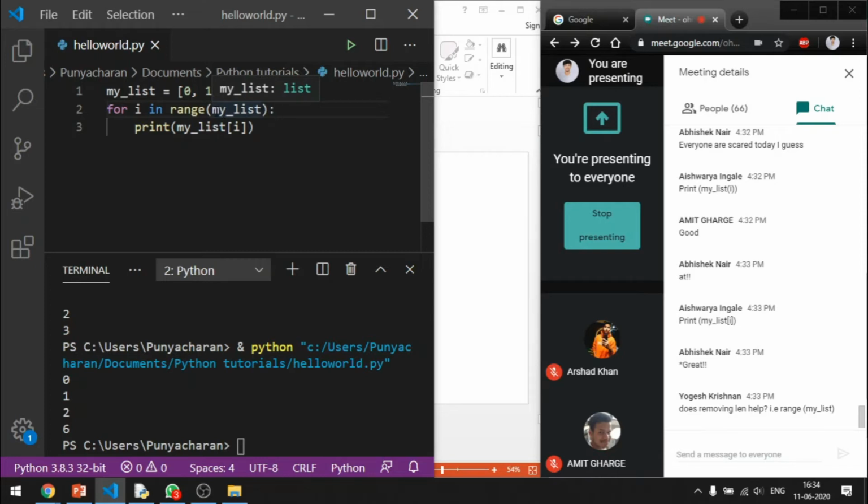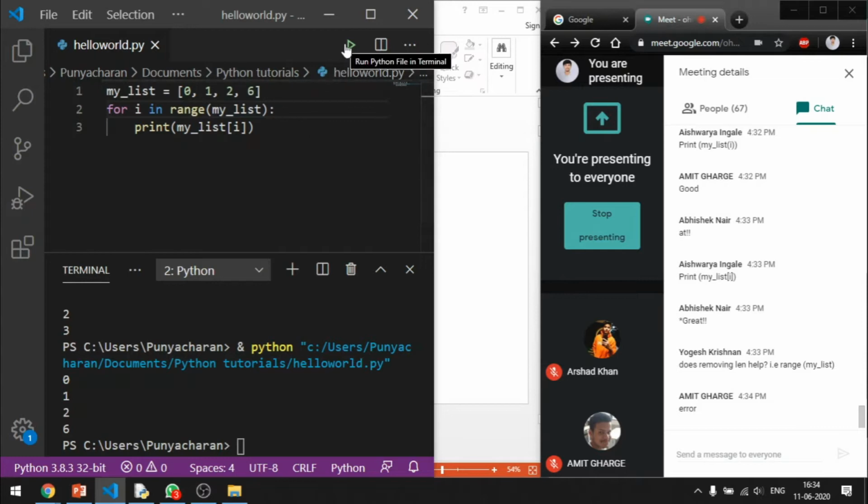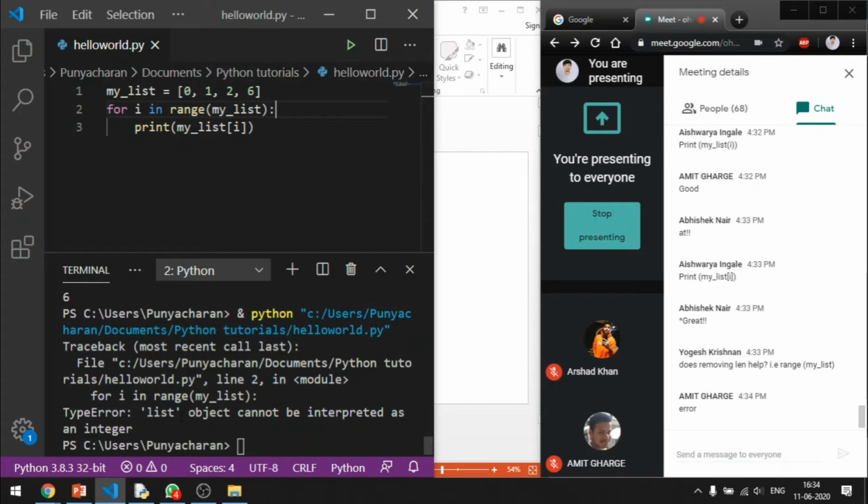It is going to throw an error saying that variable my_list is not iterable, or something similar. Let's see. Okay, type error. Okay, I'm wrong. Type error which says list object cannot be interpreted as an integer. All right. That's another error, and this is the error. So yeah, that is a brief introduction to iteration through for. Hope everybody has taken it down.